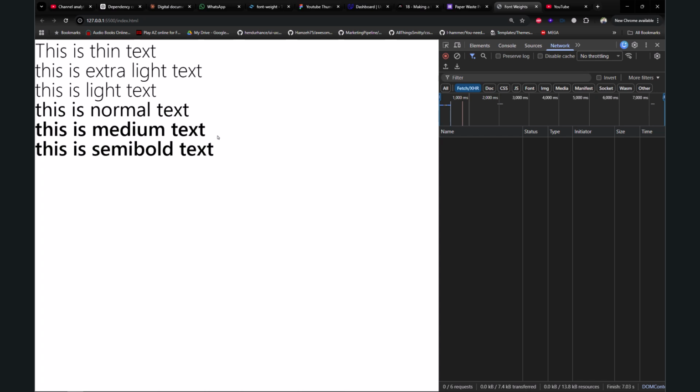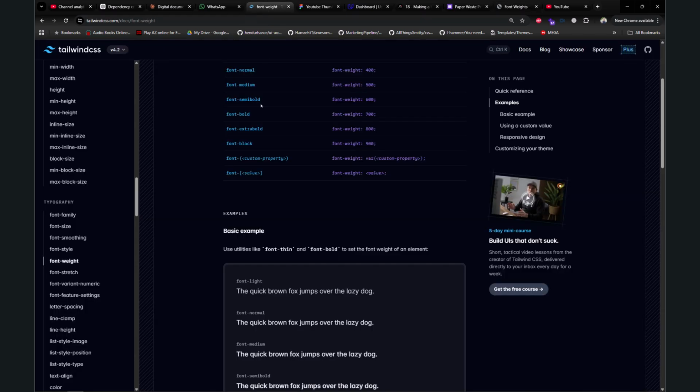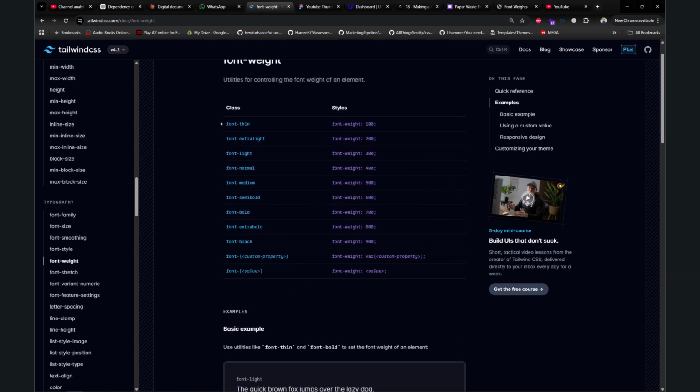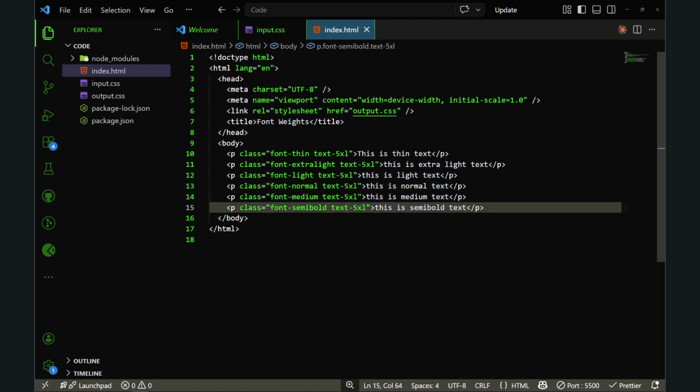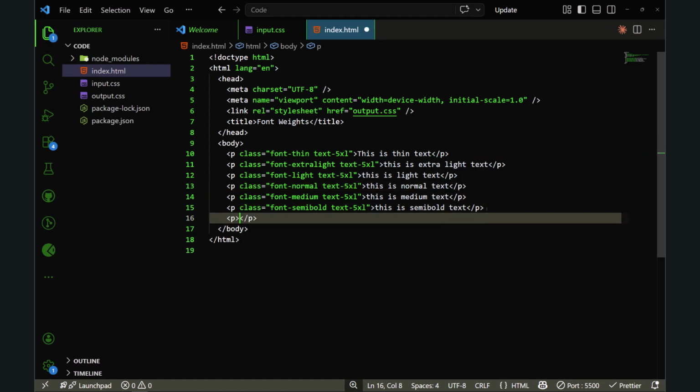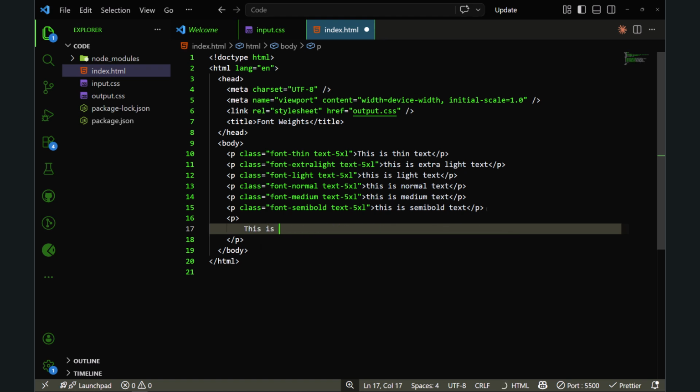use extra bold. So instead of showing you all the classes, I can show you the classes available in Tailwind CSS. So these are the classes that you can use. You can also use the custom property, and for that you need arbitrary value. Let's try to use an arbitrary value. So let's try, this is arbitrary value